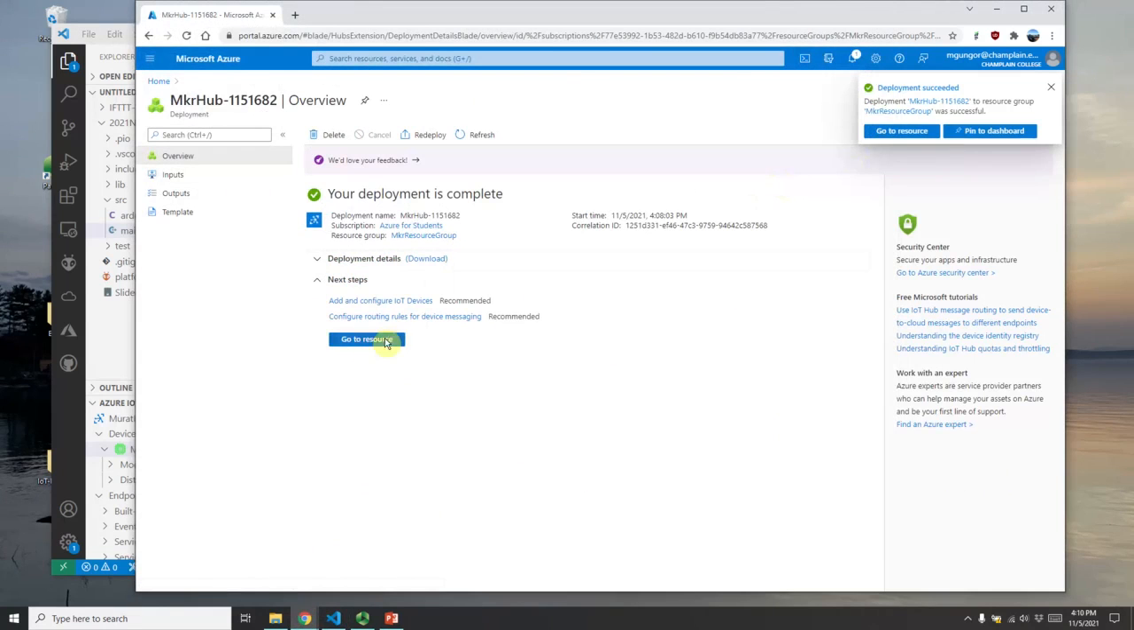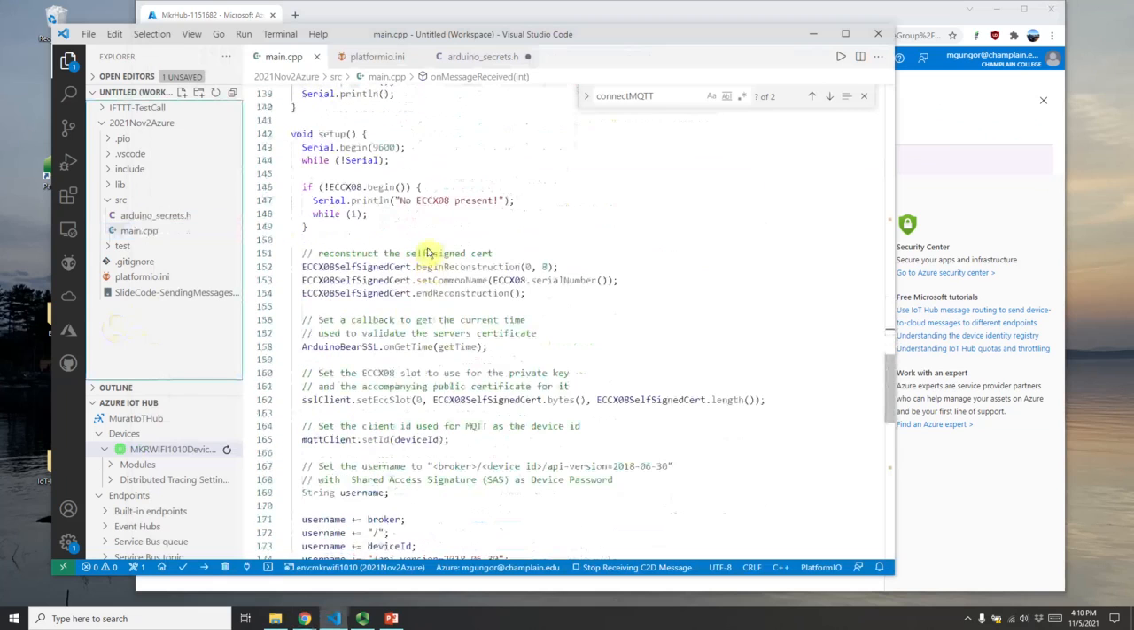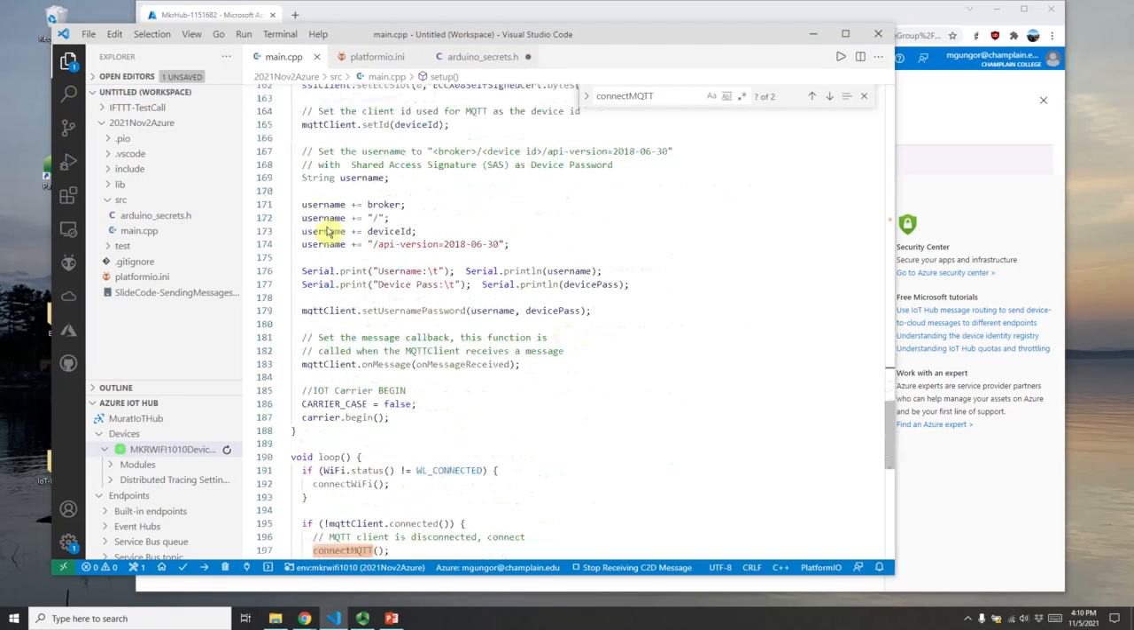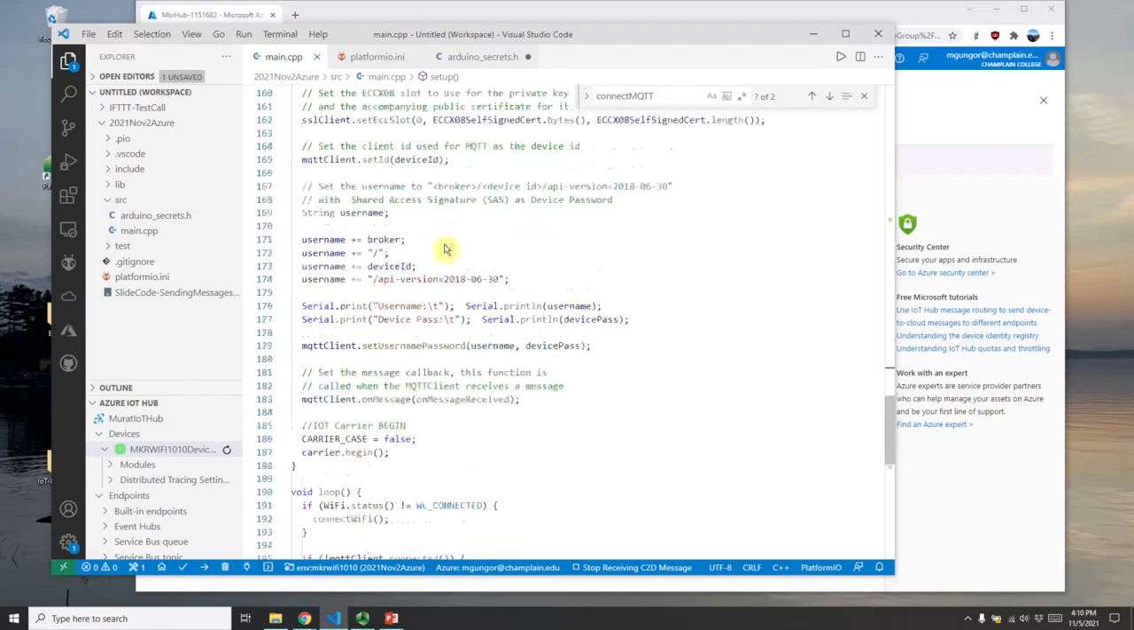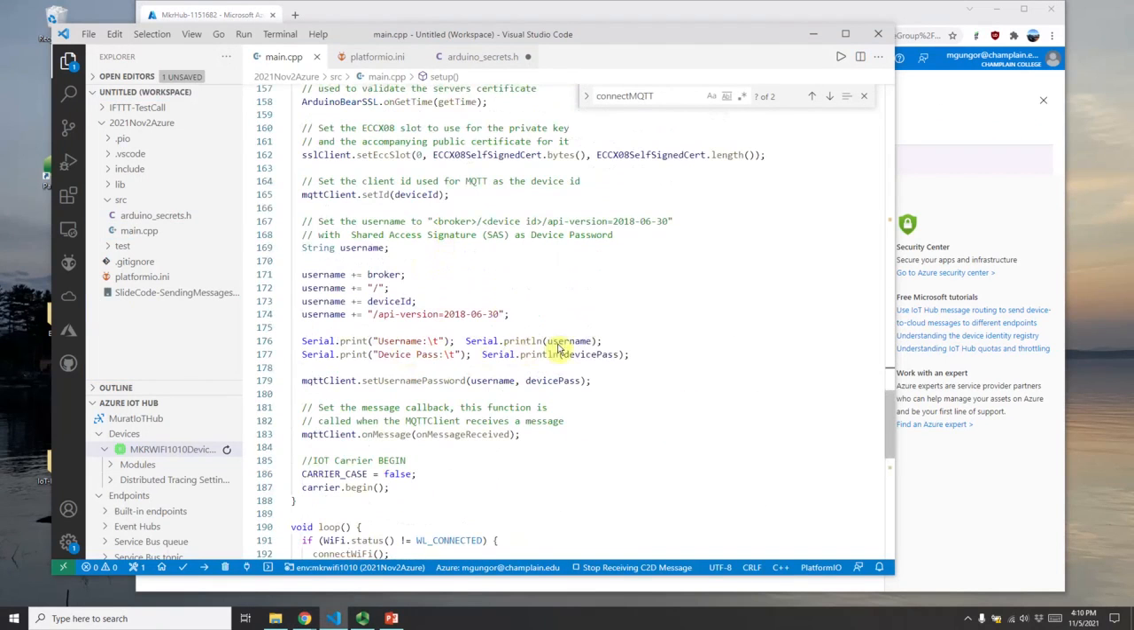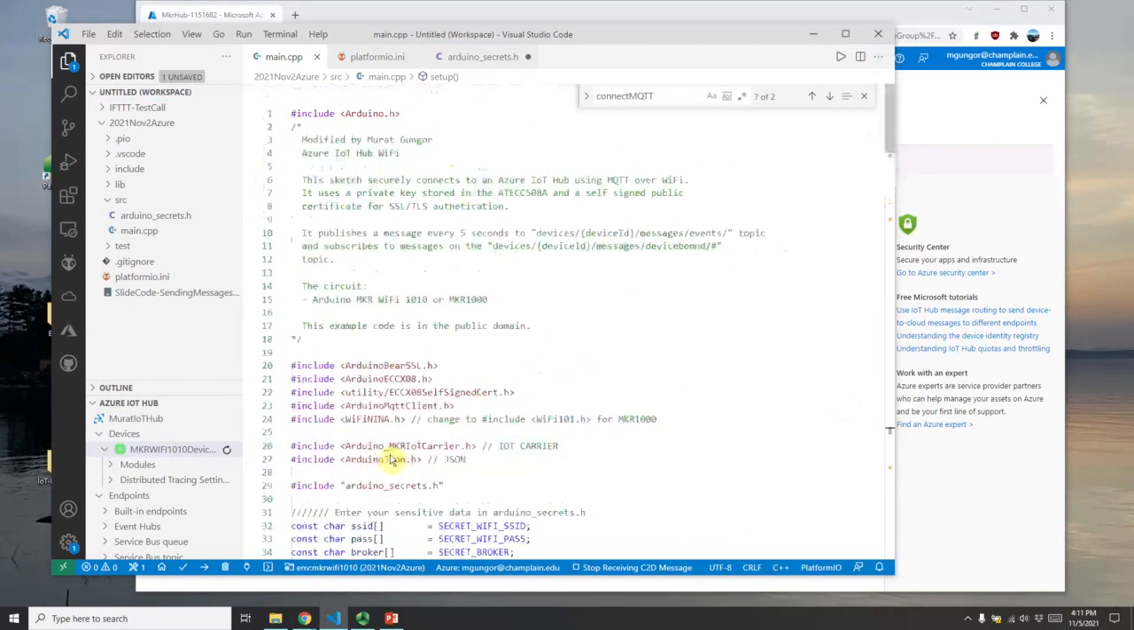Deployment is successful. So let me finish this code quickly, and then we have the setup here. This is the encryption. This is in hardware in my Arduino. These are just so that when we are sending the message, it's going to be secure. What is important is this part, where we are going to use this username and device password, which are actually nothing yet, but these are